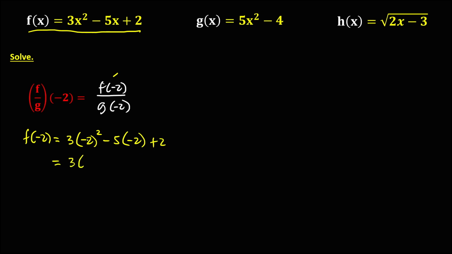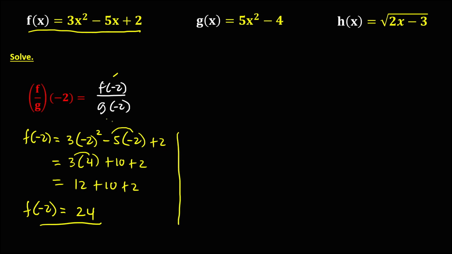And this is 3 times negative 2 to the power 2. This is 4. Negative 5 times negative 2, that's positive 10, then plus 2. Then 3 times 4 is 12, plus 10 plus 2. So therefore, f of negative 2 is equal to positive